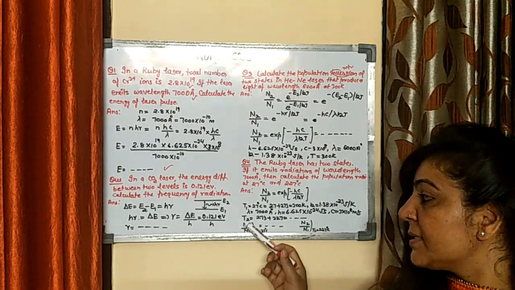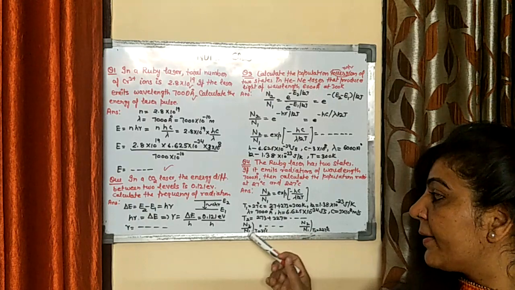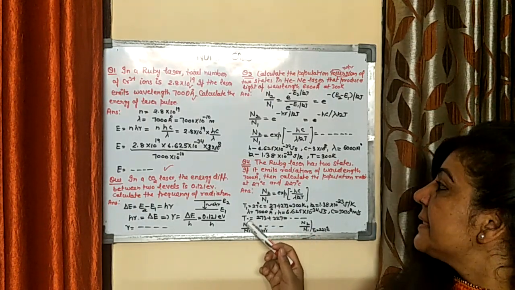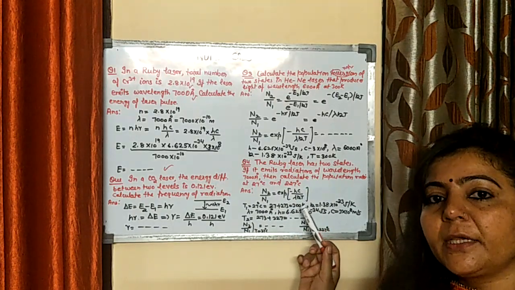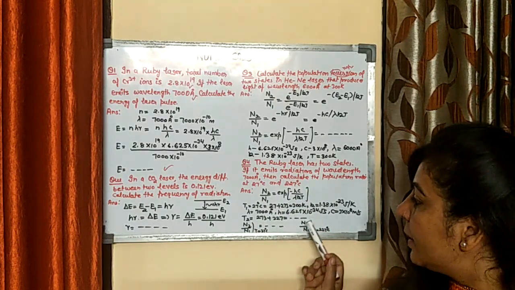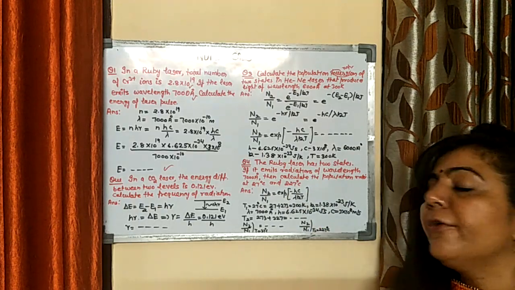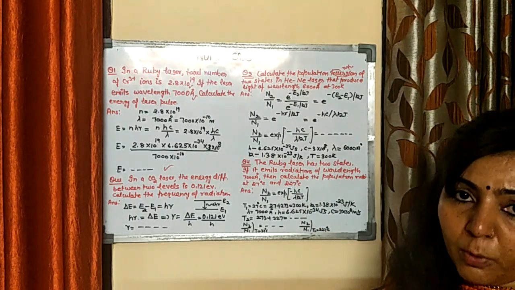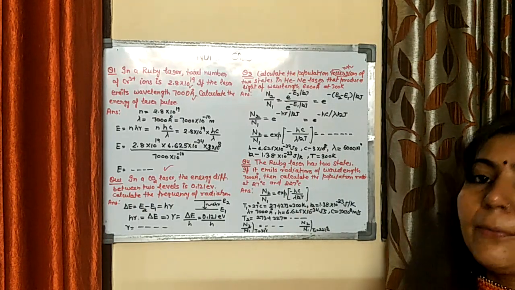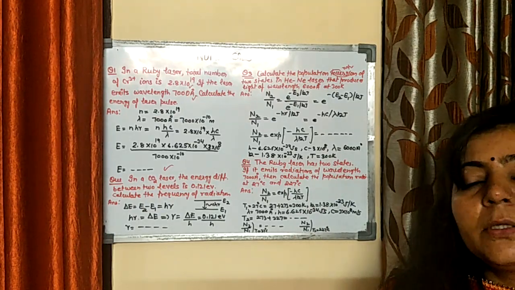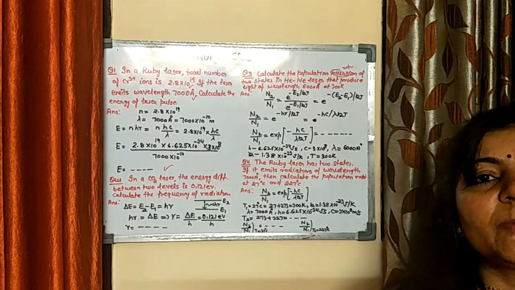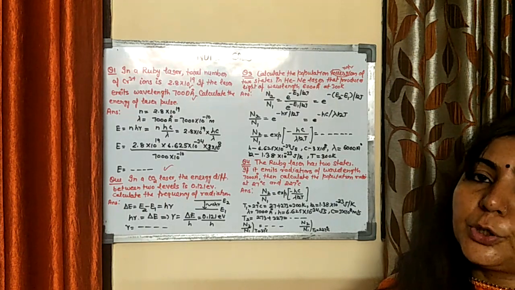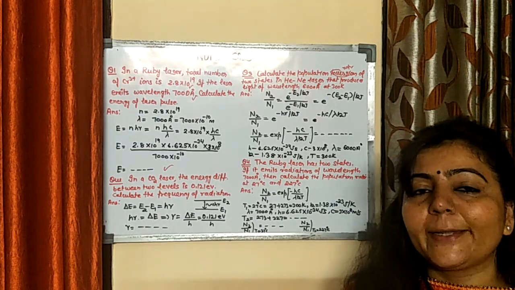For the first case, after substituting T1 as 300 Kelvin, find this population ratio. In case number 2, since the temperature is 227 degrees centigrade, convert it into Kelvin, and then after substitution in this formula, find that population ratio. All the questions based upon population ratio, you have to adopt the same method. In this chapter, either you will get questions based upon basic concepts, or questions based upon population ratio. So just practice all these numericals. Thank you.